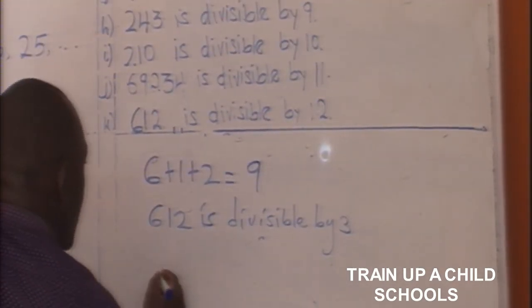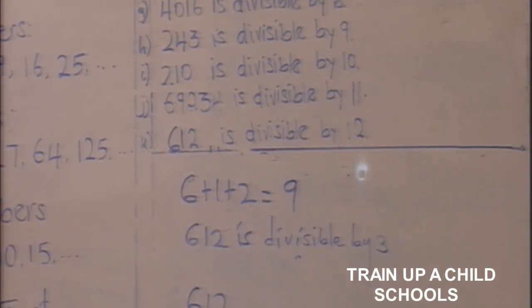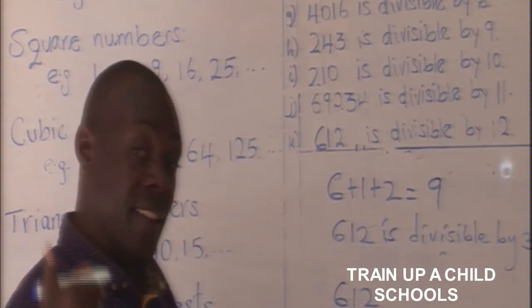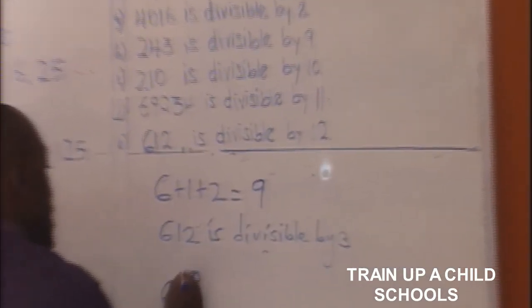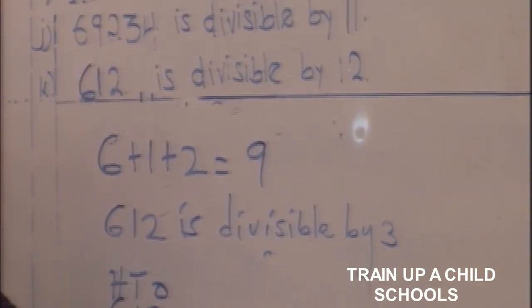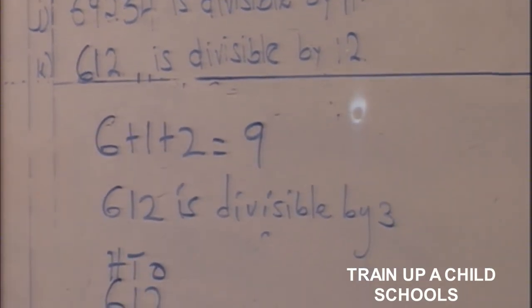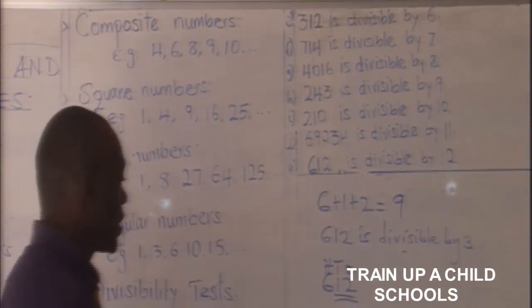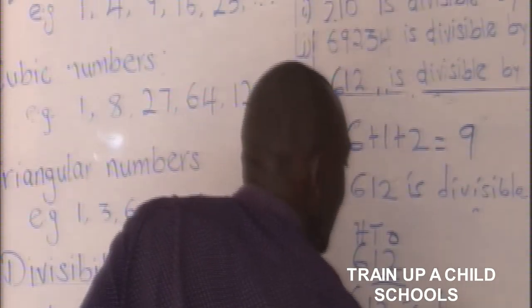So then we go to testing for 4. A number is divisible by 4, remember? A number is divisible by 4 if the figure formed by the digits under the place values of 1s and 10s is either 0 or a multiple of 4. So we say 1s, 10s, and 100s. The figure formed by the digits under 1s and 10s is a 12. Is 12 a multiple of 4? Automatically, good. If it is a multiple, then say also 612 is